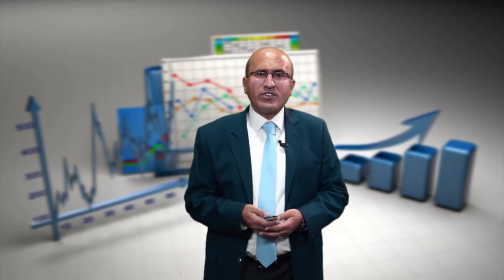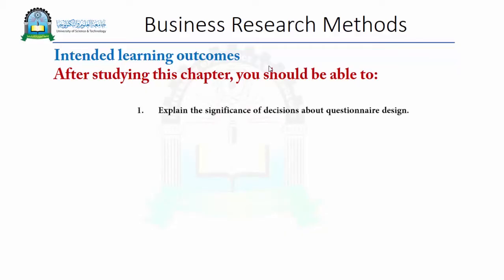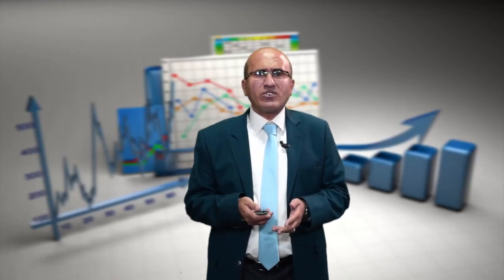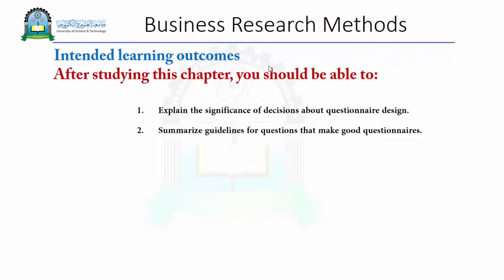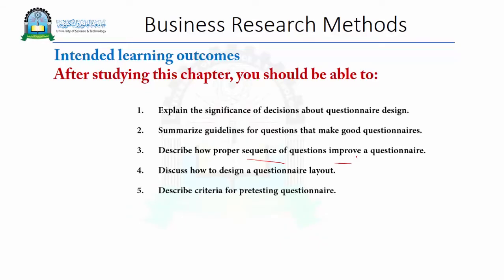research methods. So at the end of this course, the ILOs, or the intended learning outcomes, are that the students should be able to explain the significance of decisions about questionnaire design, and also summarize guidelines for questions that make good questionnaires, and also describe how proper sequence of questions improves the questionnaire, and also discuss how to design a questionnaire layout. And also one of the most important things is how to describe criteria for pre-testing the questionnaire, so how they